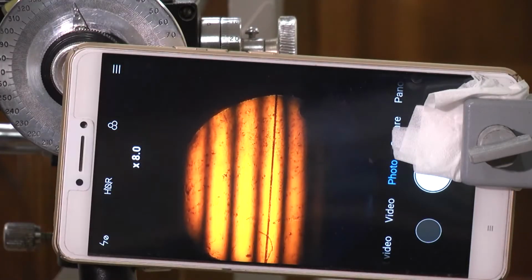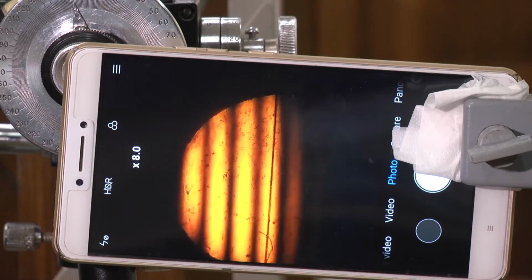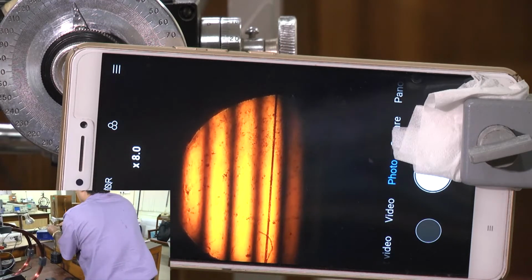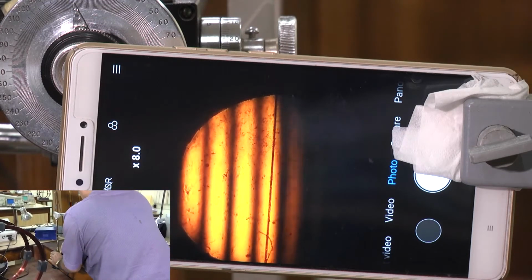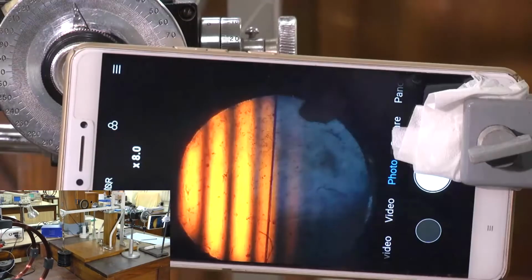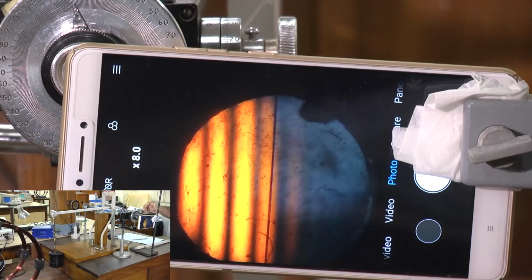Again I will put 1 kilo more weight, so now it is 2 kilo weights.